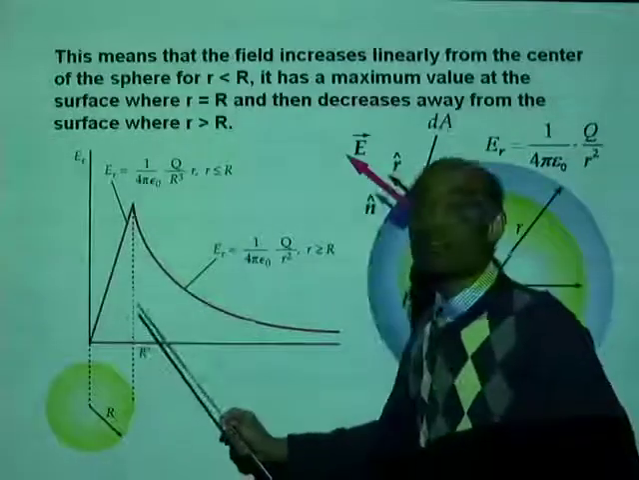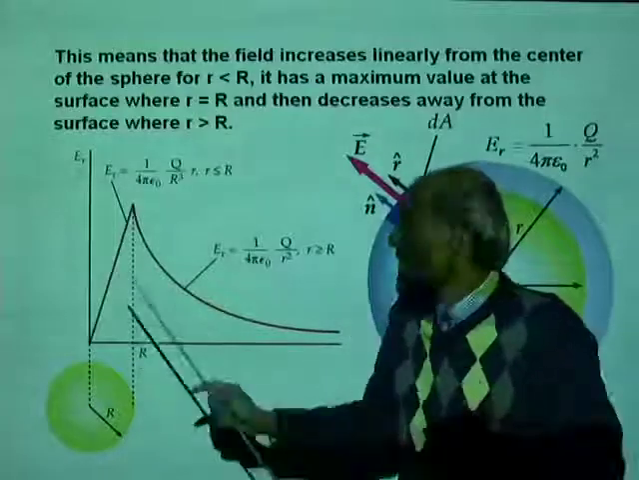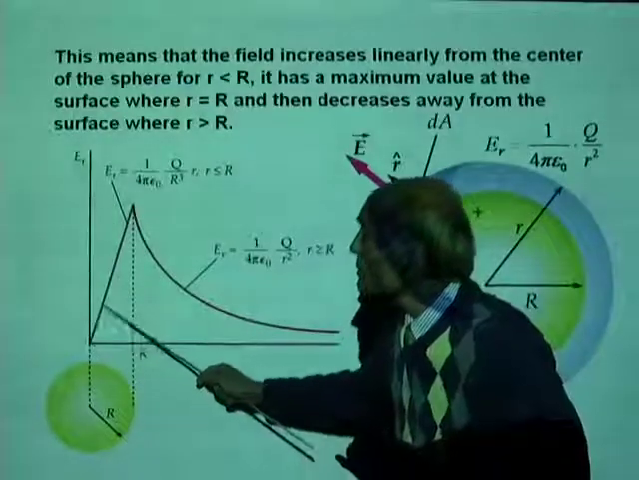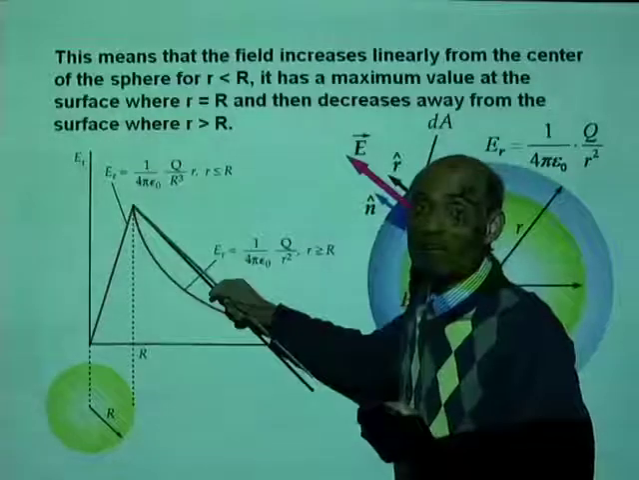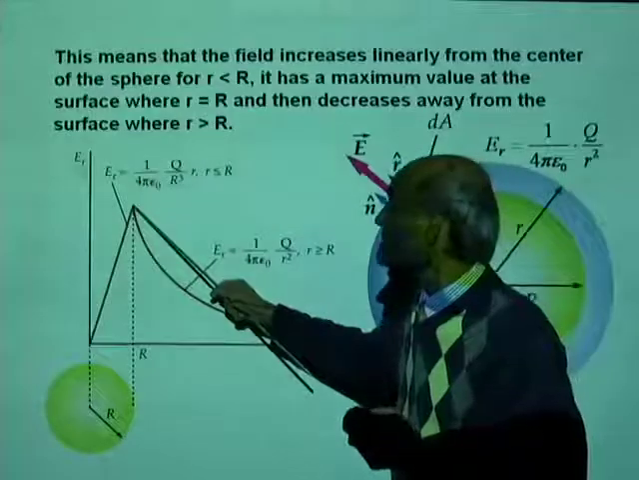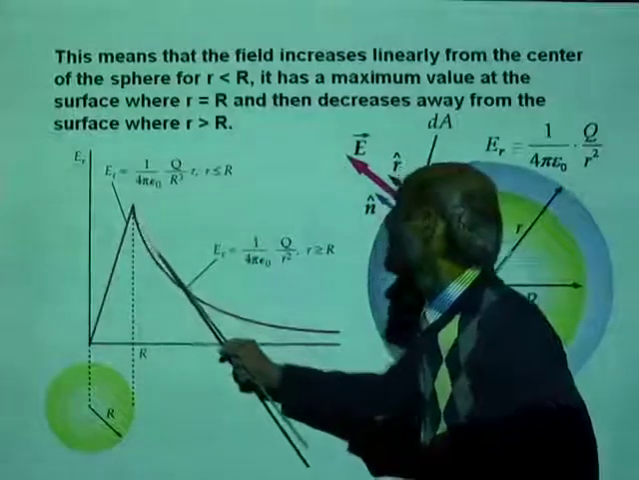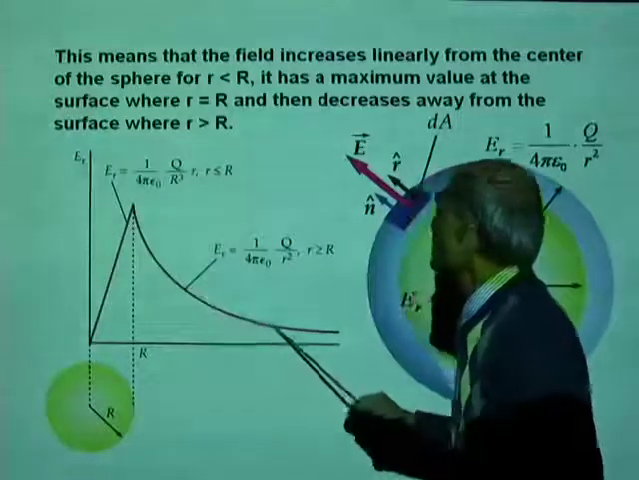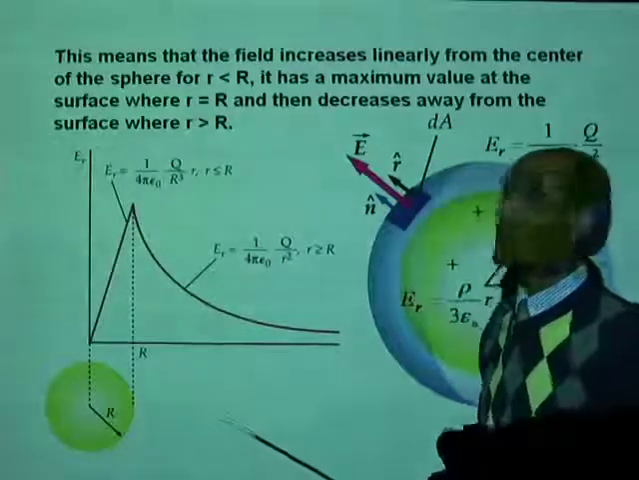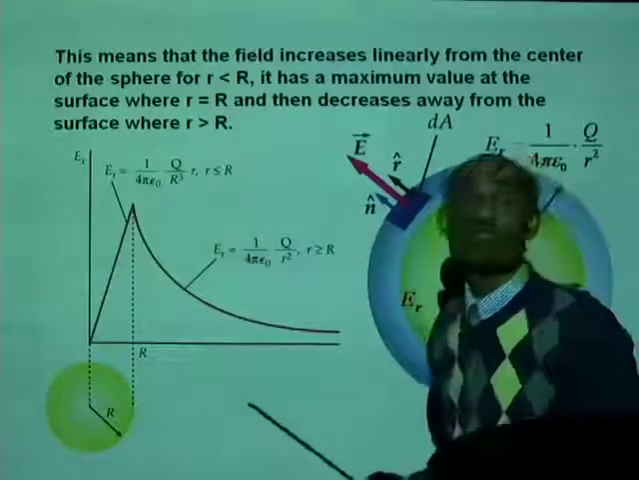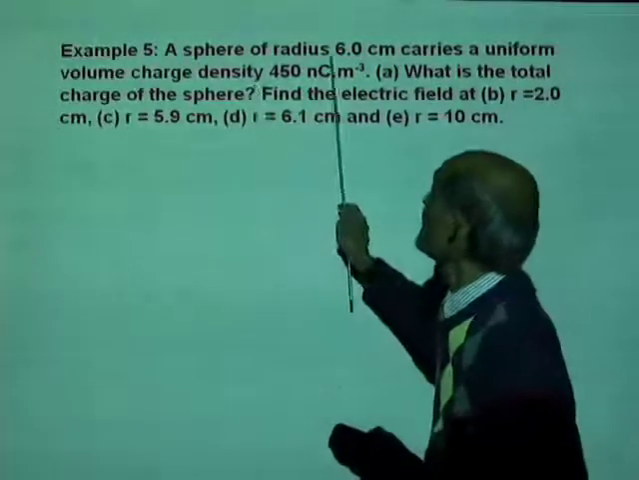So this is how the electric field varies inside a solid sphere. The electric field increases from 0 to a maximum. Where do you have the maximum electric field? We have the maximum electric field at the surface, and as you go away from the surface, the electric field decreases, becoming 0 eventually. Okay, let's now use this to solve a problem. A sphere of radius 6 centimeters